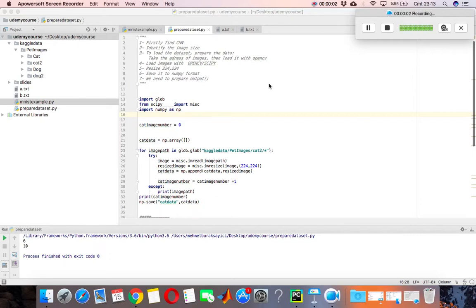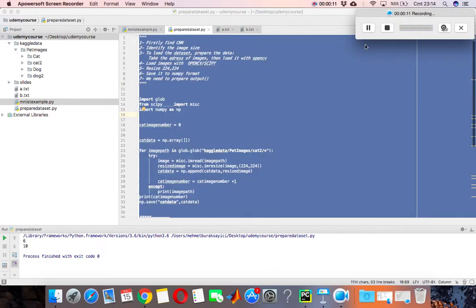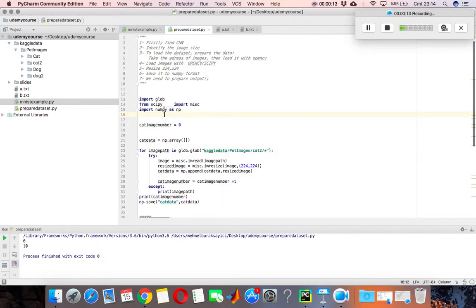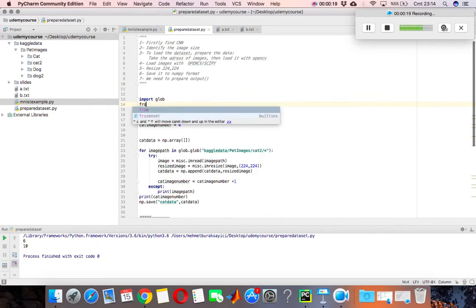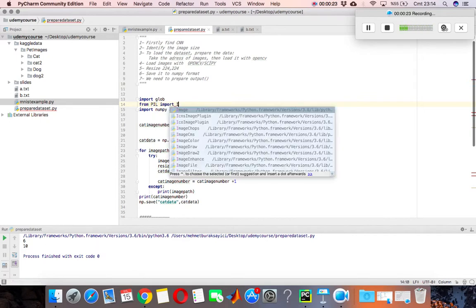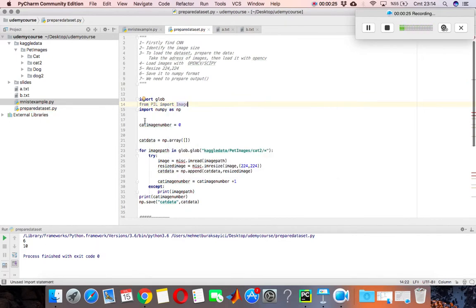Let's find some solution with the PIL library. To do that, we will import PIL. Let's delete SciPy to see the import errors. From PIL, import Image. So we imported the image, and also I can say that SciPy used PIL in the